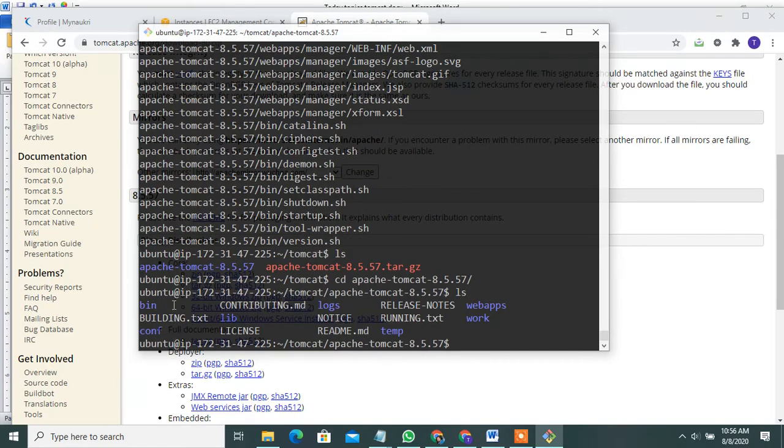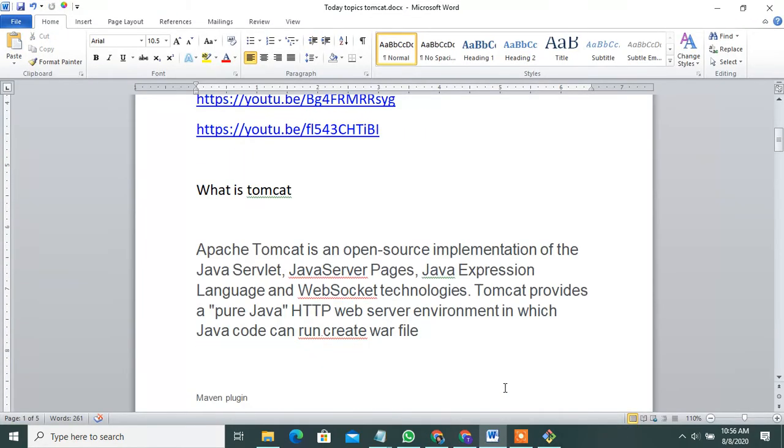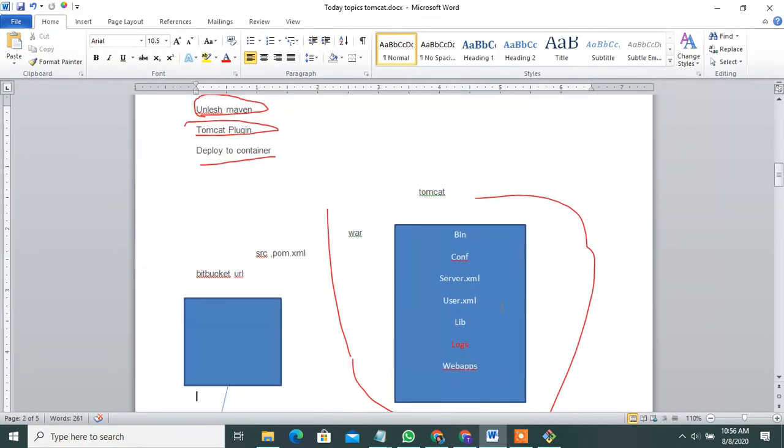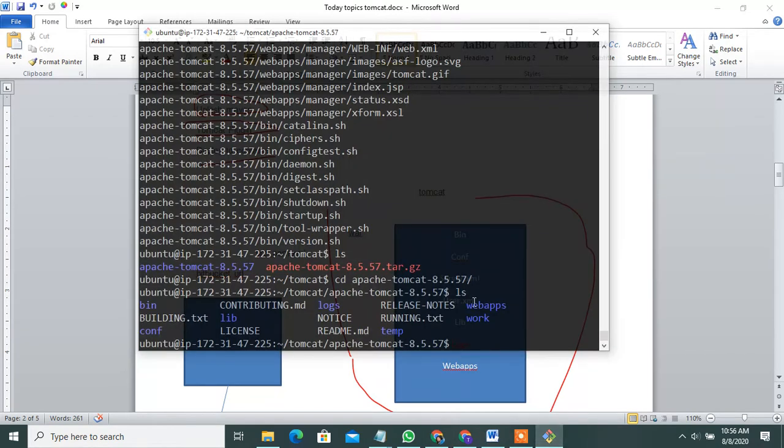See, this is the bin folder, logs folder, webapps, work, lib, and conf folder. Observe this carefully. These configurations are all done in the conf folder: server.xml, tomcat-users.xml, under the conf folder, plus the libraries and logs.